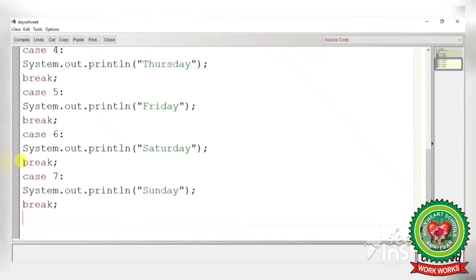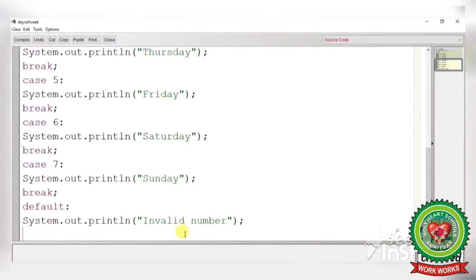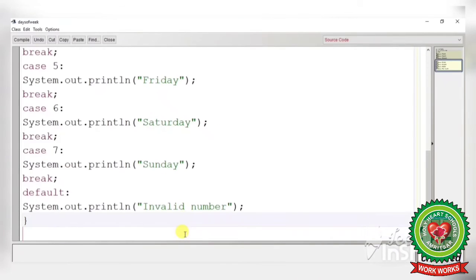If none of the cases match with your statements, then we will use default. Then in default, in statement we will write invalid number. You can write invalid choice, wrong number, or any other message according to the requirement of the program. Now semicolon, enclose 3 curly braces.